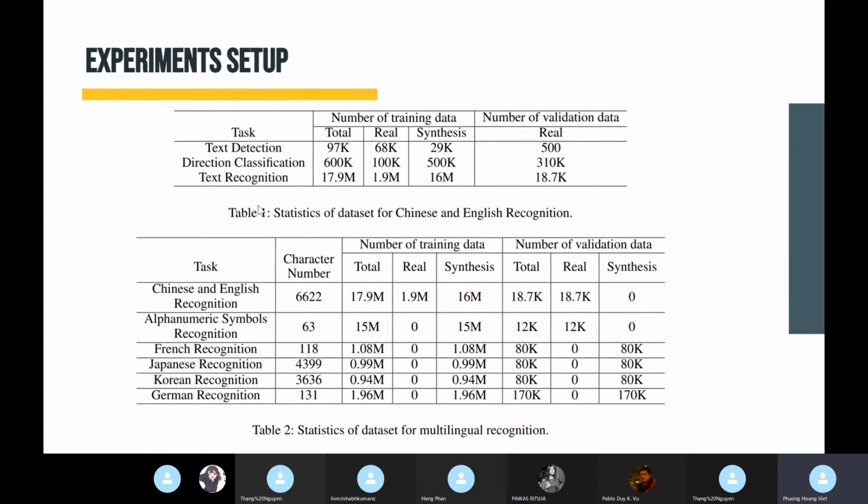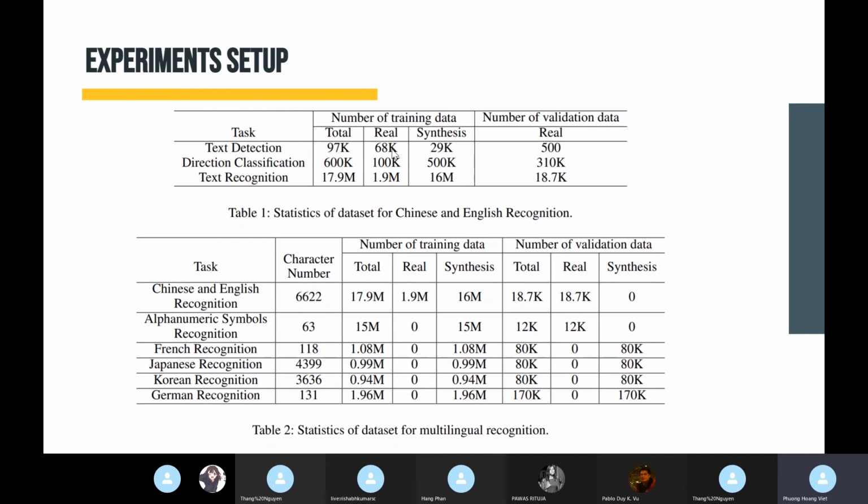Here is the data set for text detection, and here is the data set for Chinese and English recognition. For the text detection, the total data set is 97 training images and 500 validation images. Among these, we have